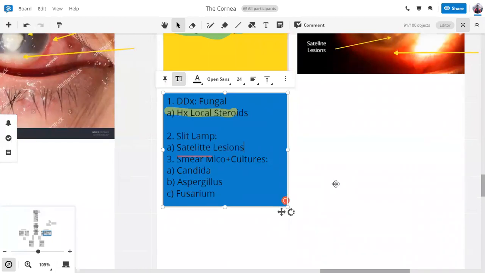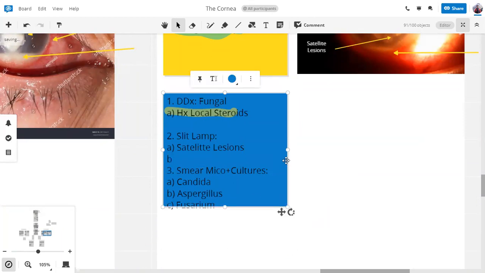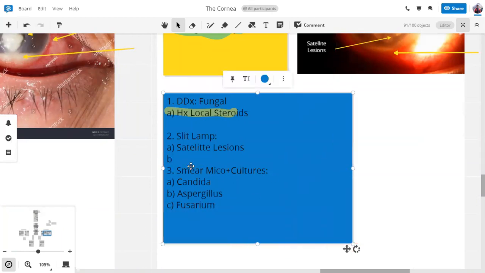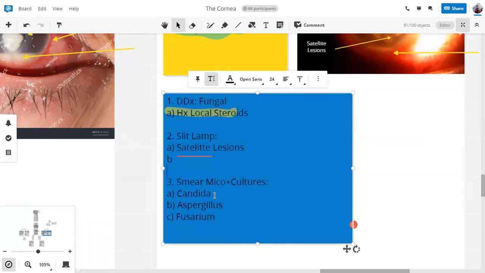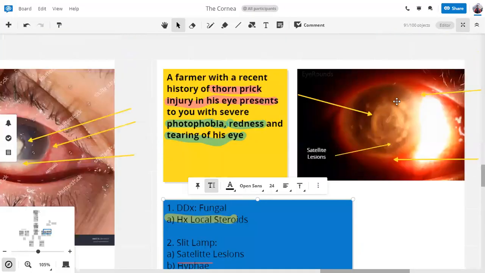Satellite के spelling मैंने गलत लिखा है. अच्छा, satellite lesions के अलावा there are a few characteristics of the main fungal lesion, जो center में lesion होती है. It will have fungi में क्या होते हैं? Hyphae. So the hyphae they will penetrate under the intact cornea, meaning that ulcer तो वो है ना जहाँ पे